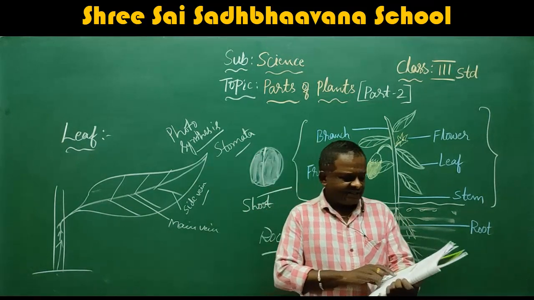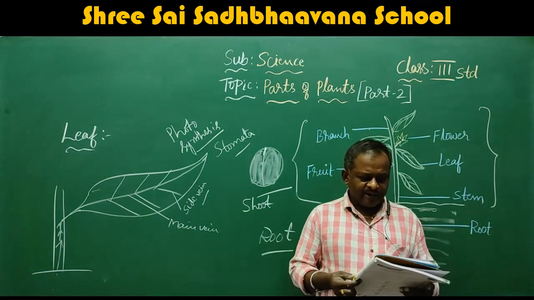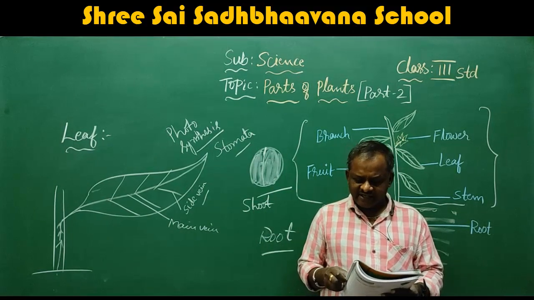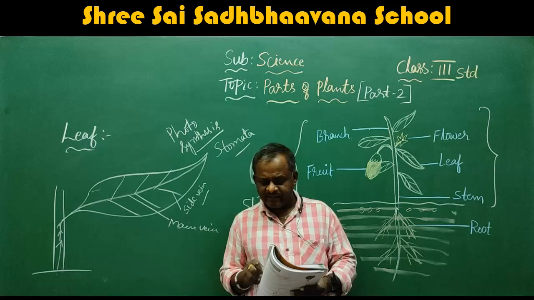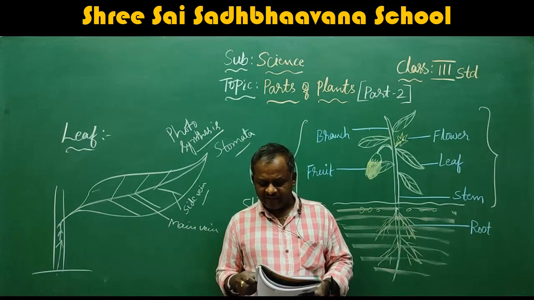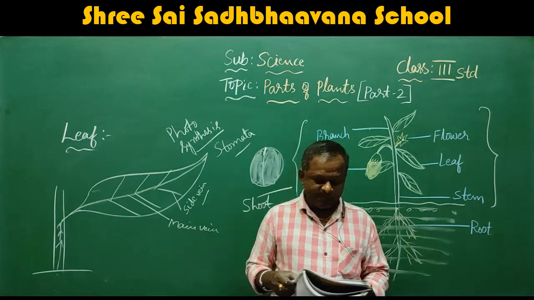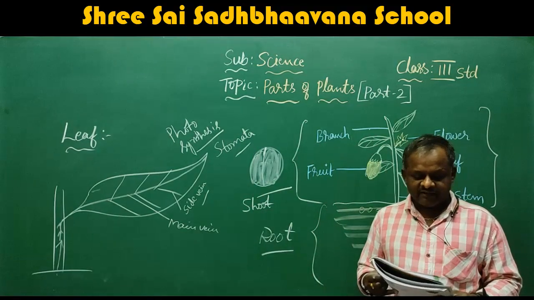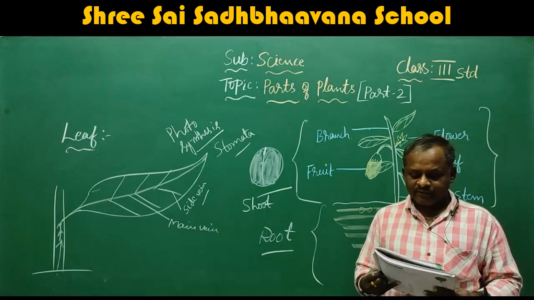Next, take a polythene bag and put it on the leaves of a plant, tying it firmly around the stem. Observe the polythene bag covering the leaf. After about 1 hour, you will notice droplets of water on the inner side of the bag. This is due to the extra water given out by the stomata, or tiny holes, in the leaves.